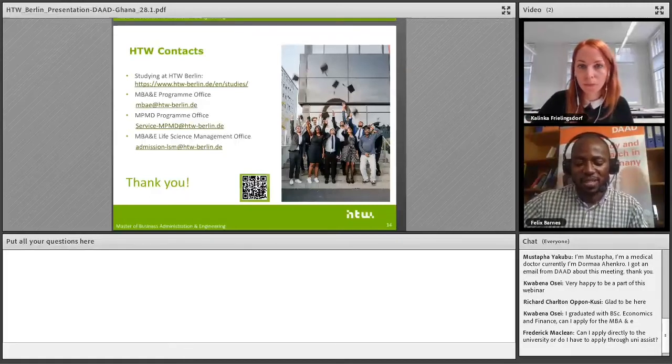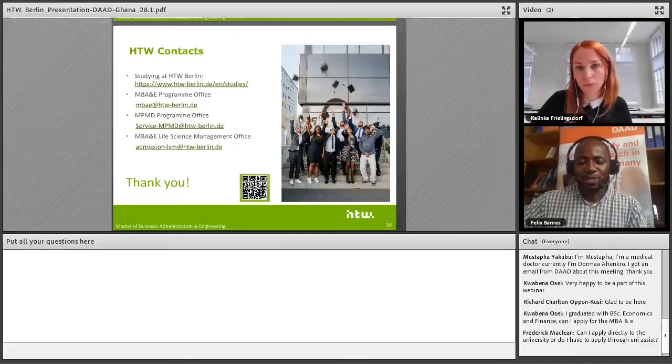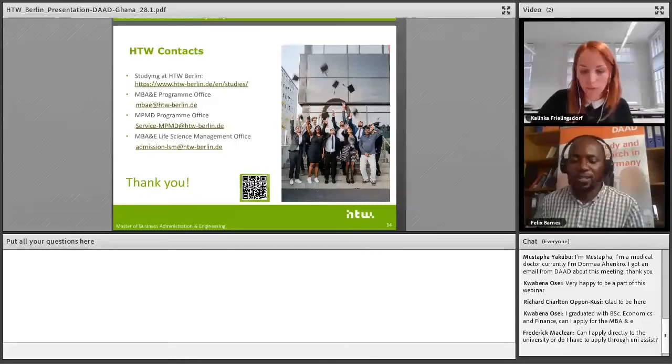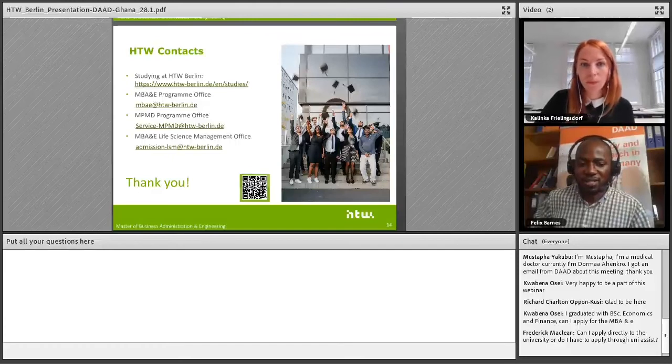For example, from the HTW Berlin, we have a program, the Master of International Development Economics. That's the only one we offer a scholarship for, which will cover your cost of living and so on. But for Ghanaians, we offer just selected program scholarships. So that's from the DAAD. So not for the MBA program.